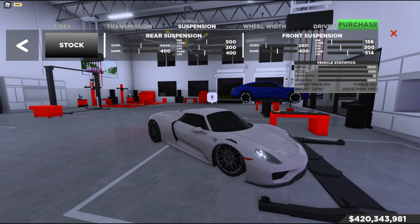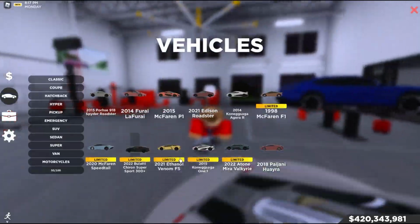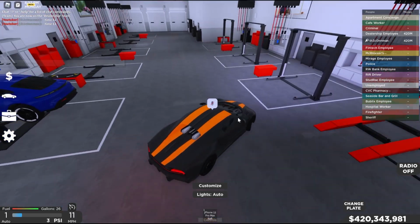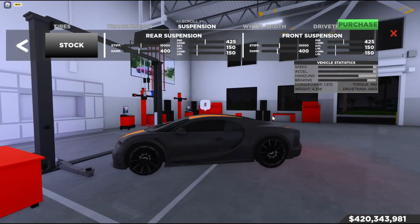So you turn the stiffness down. As you can see, it's kind of going down, but the car is okay. Hold on a sec. Let me get a different car. All right, so I'm going to try it with this and see what the suspension is like on this Bugatti here. So when you find a car that does not want to lower and you want it lower,